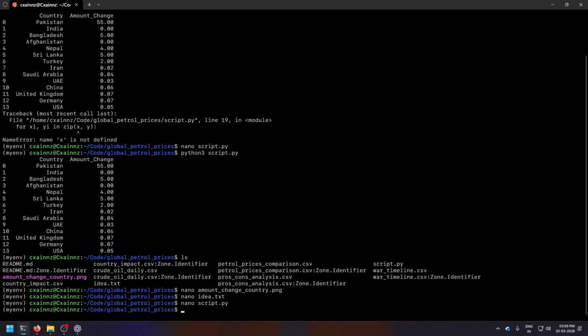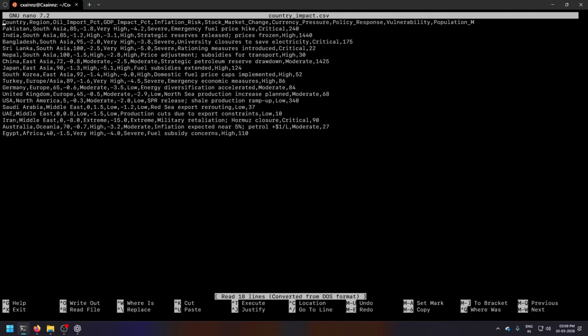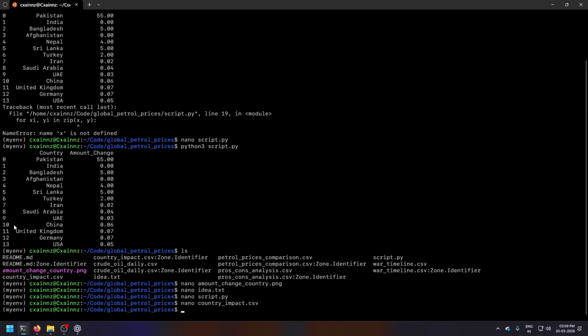I want to see the country impact first. There are some countries, and over here you can see the GDP impact, PCT inflation risk, stock market change, currency, and so on.